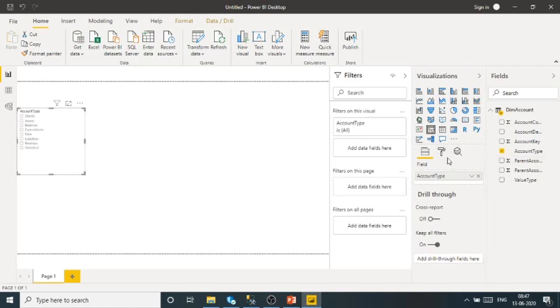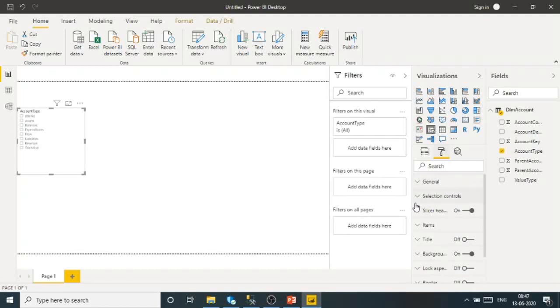Now I will do some formatting. I will use the font color. I am going to take this Arial. You can choose also by your choice.